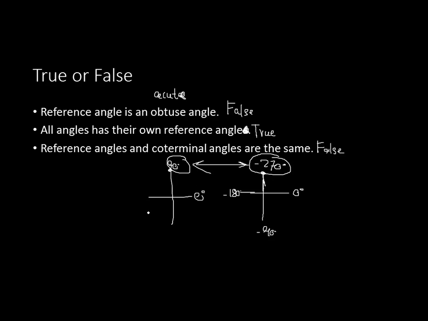A reference angle, on the other hand, is an acute angle between the x-axis and the terminal side. So for example, this is your terminal side. You rotated here to there. So what would be the reference angle here? The angle here is your reference angle. So now you get the idea. Okay, so next,